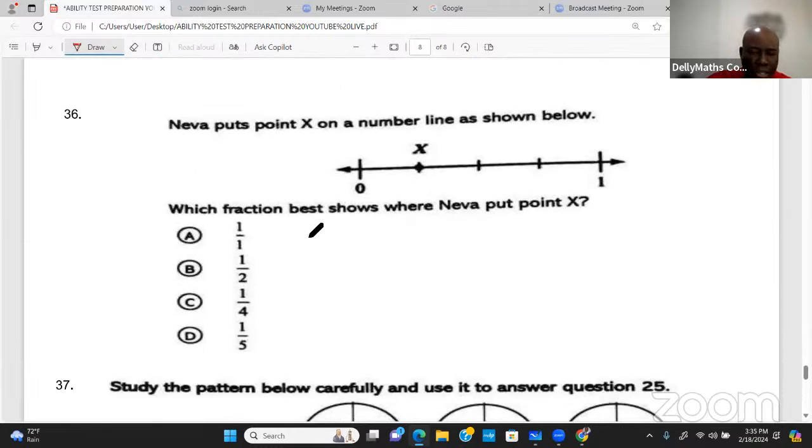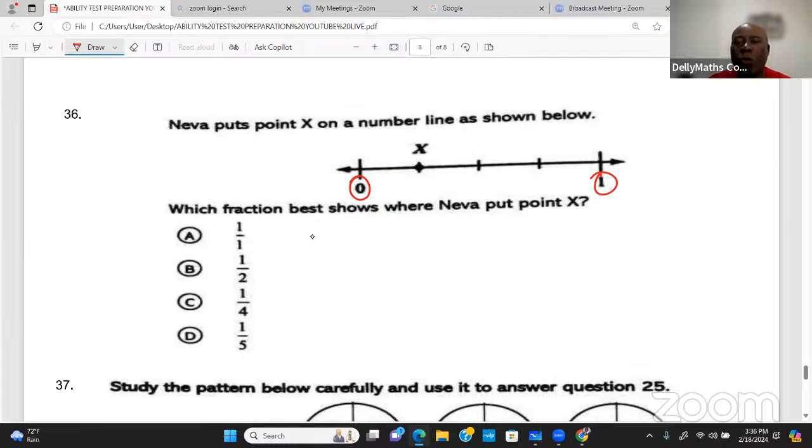All right, 36. I think that's a question I ran today, for some reason. Yeah, I think I did this question today. It says Neva puts point X on a line as shown. All right, and you're seeing here, this is 0 and this is 1. So it says what fraction best shows where Neva put